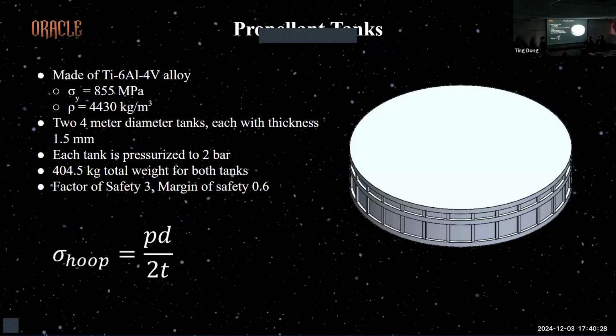They already commented. I have great comments on this stress analysis, and I also want to say that you guys do the analysis on the sidewall, right? The 1.5 millimeter is the thickness. Is it? Because I just see some